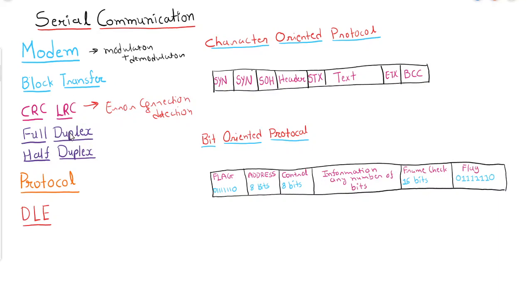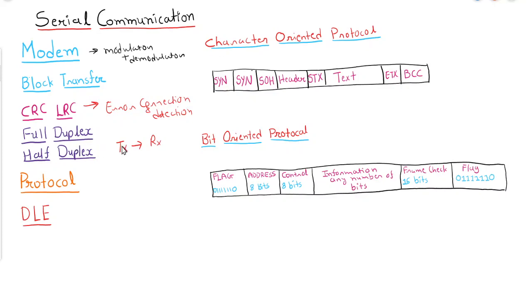Now data will be transferred serially using the medium. How many types of communication are there? There are two types: half duplex and full duplex. In half duplex there are two wires, and only one entity at a time can speak or transfer data. The best example of half duplex is the walkie talkie.